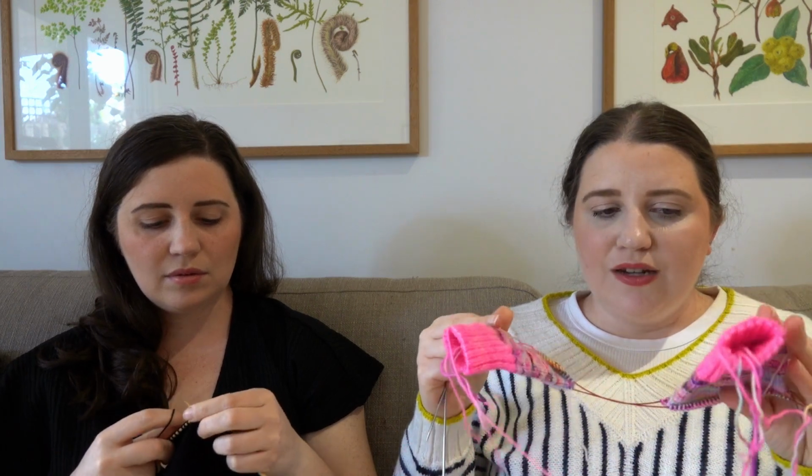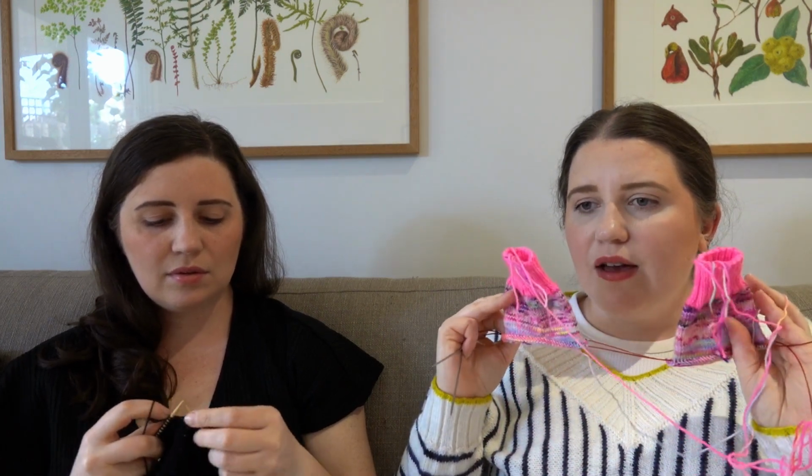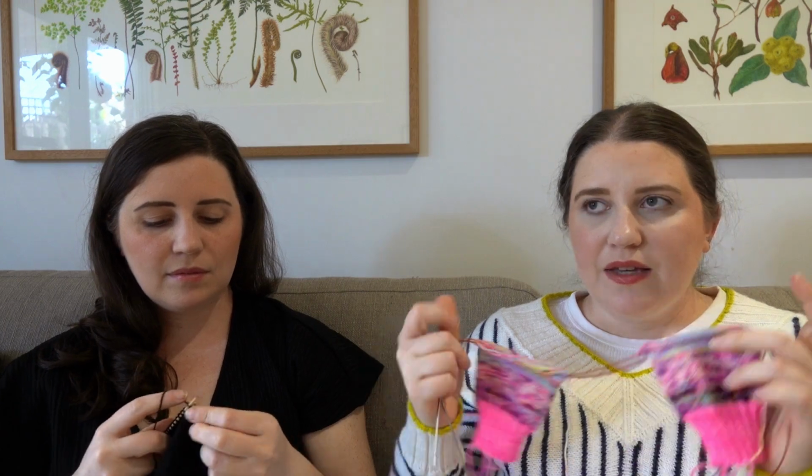And so I'm just going to change colours every 10 rounds. Because for the leg, I'll do 60 rounds, and for the foot, with my decrease section and then the plain knitting section, I end up doing about 64 rows, minus the heel and toe. So I will do basically 10 rounds per colour, and 4 of those 6 colours I'll do 11 rounds instead of 10. And I don't think that will be noticeable. So I've just picked out 6 kind of pinky